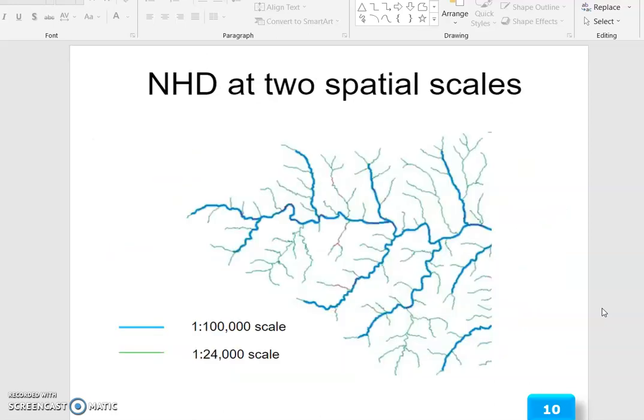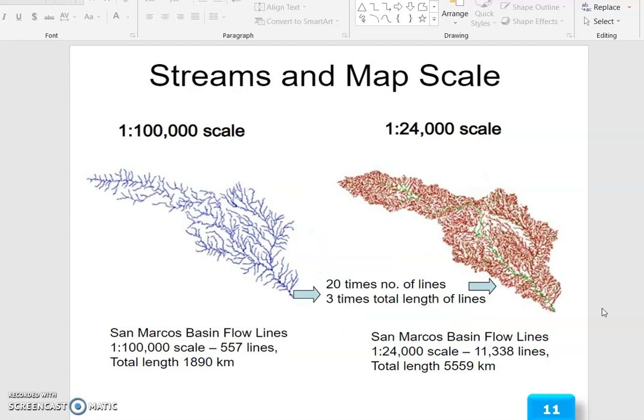So, the NHD at two spatial scales: 1 to 1 lakh scale, and 1 to 24,000 scale. So the stream and map scale: see, 1 to 1 lakh scale and 1 to 24,000 scale. There are 20 times the number of lines and 3 times the total length of lines. The San Marcos basin flow lines total length is 1890 kilometers. At 1 to 1 lakh scale there are 557 lines, whereas San Marcos basin flow lines at 1 to 24,000 scale are